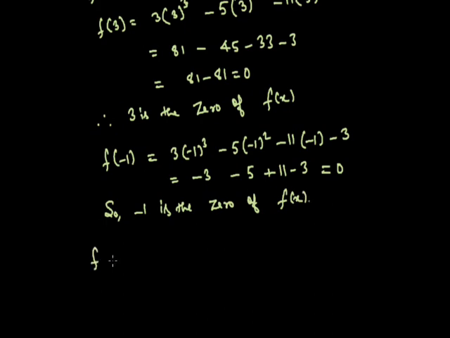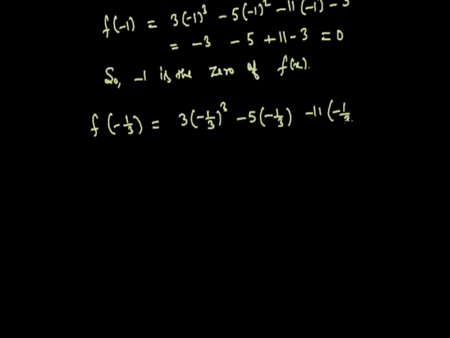Now f(-1/3). So 3 multiplied by (-1/3)^3 minus 5 multiplied by (-1/3)^2 minus 11 multiplied by (-1/3) minus 3. So this will be equal to 3/27 minus 3/27 minus 5/9